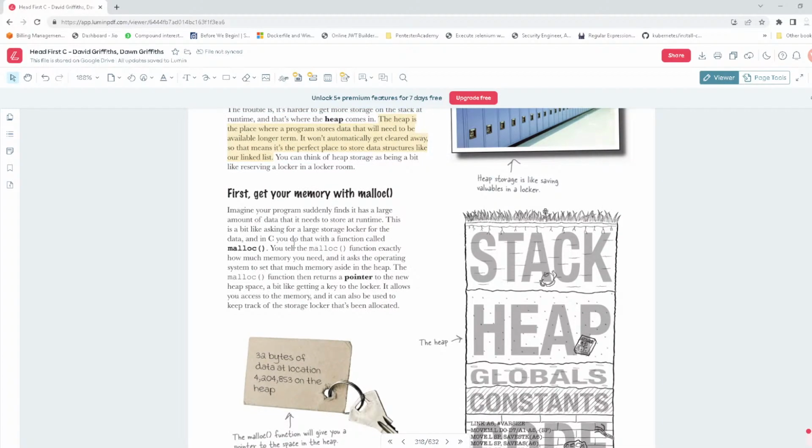So how can we get it? We can get our memory by using malloc. This is a bit like asking for a larger storage locker for the data, and in C, you do that with the function called malloc. You tell the malloc function exactly how much memory you need, and it asks the operating system to set that memory aside in heap. So we are going to exactly tell it how much memory we are going to need in our function. The function returns a pointer to the new heap space, a bit like getting a key to the